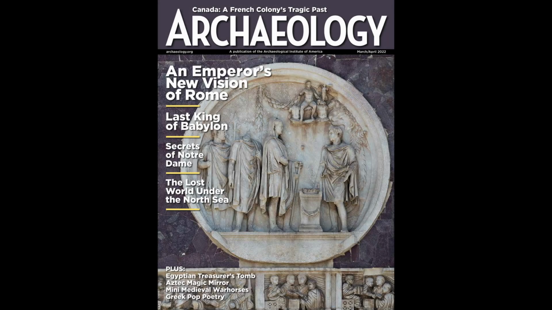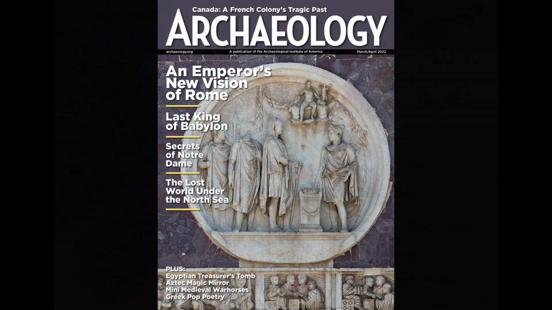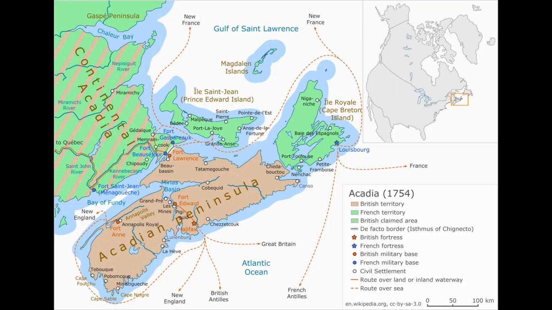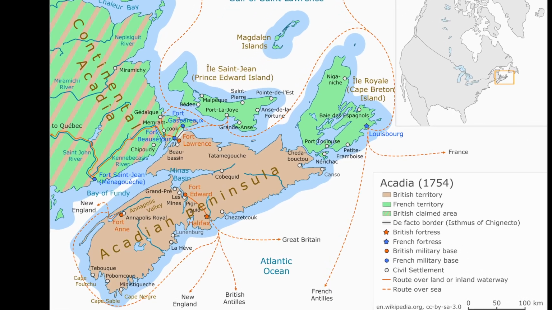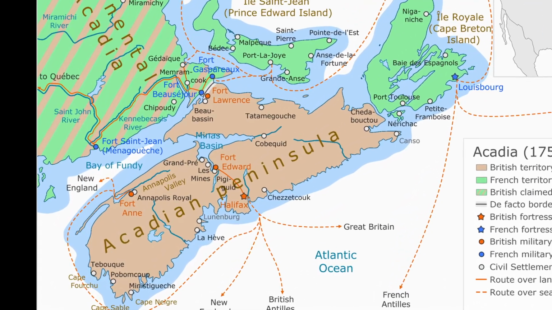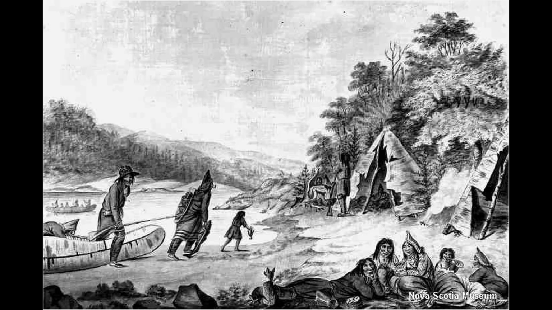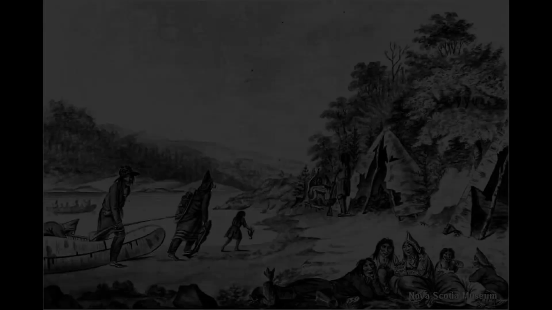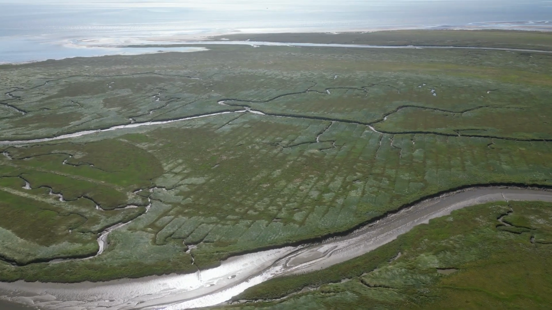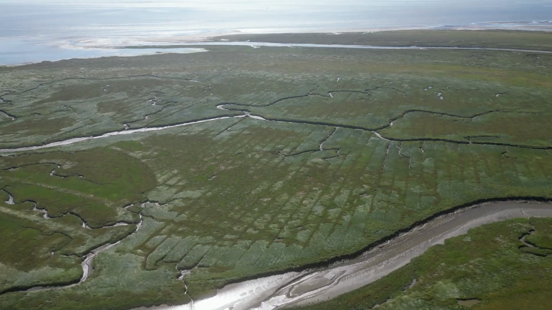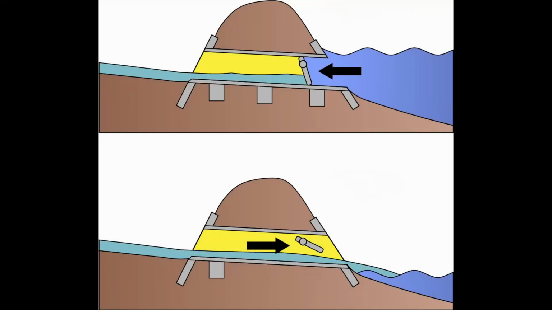An article here discusses French colonists who came to northeast Canada in the 17th and 18th centuries, establishing an agricultural settlement called Acadia in and around present-day Nova Scotia. I was going to do a video on this interesting story, their relationship with a Native American tribe called the Micmac, the land reclamation feat of turning salty marshland into highly productive agricultural land by building dikes and sluices called aboiteaux,